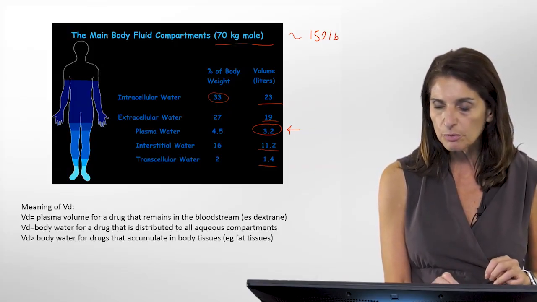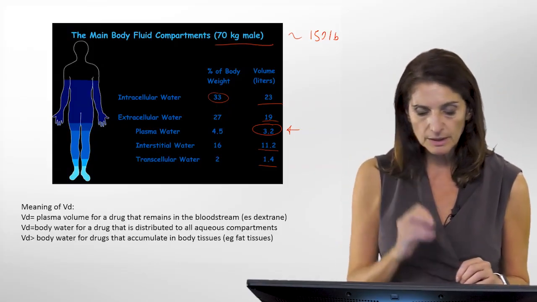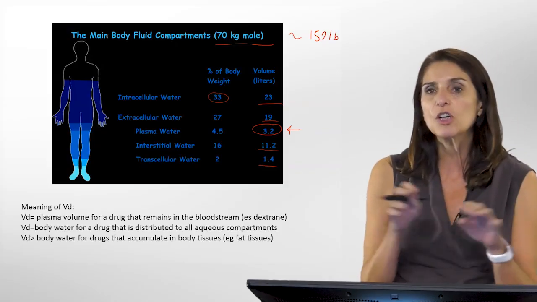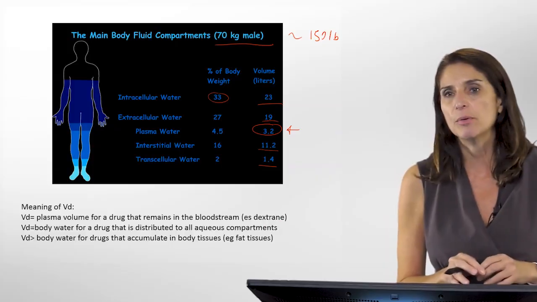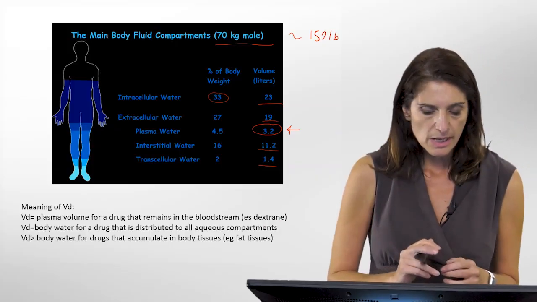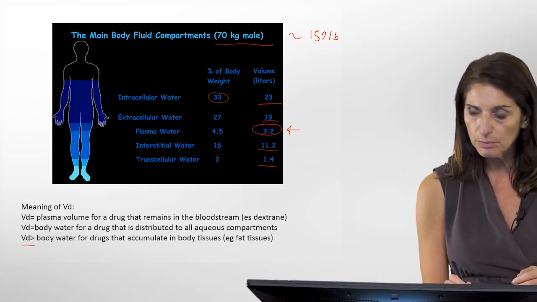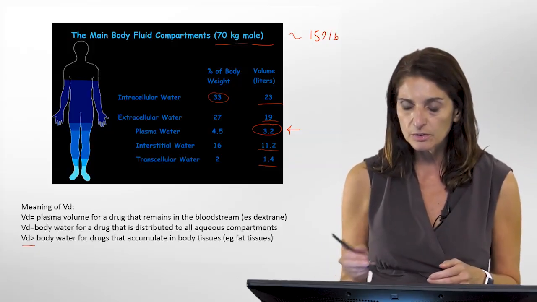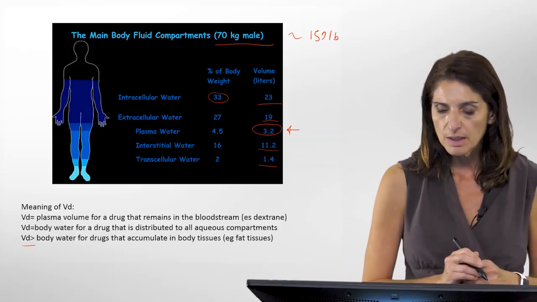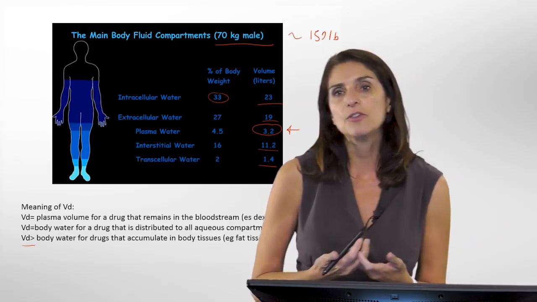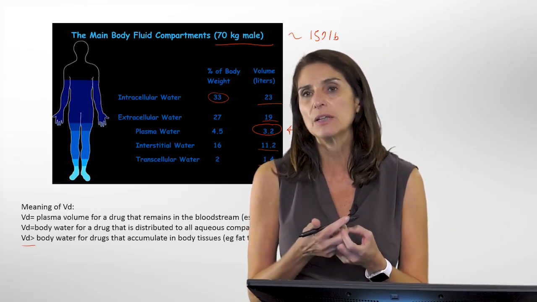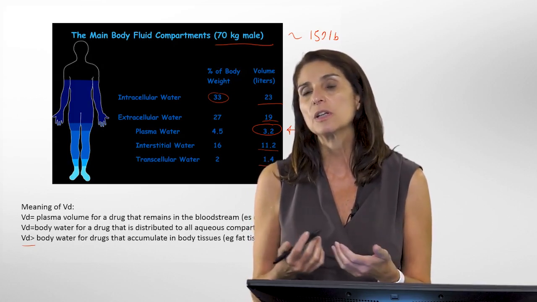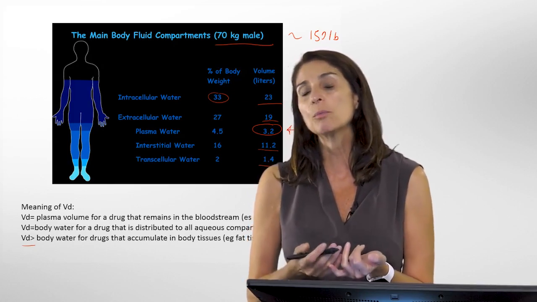The volume of distribution will be equal to the body water for a drug that is distributed equally to all the aqueous compartments. And then the volume of distribution will be larger than the total body water for drugs that are actually accumulating in tissues. A typical example of that is fat tissues, where certain lipophilic drugs such as hormones, but also